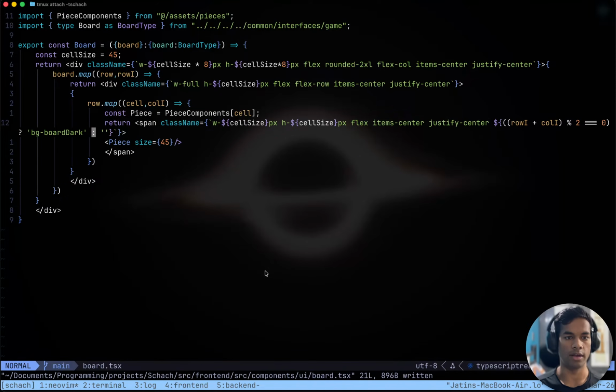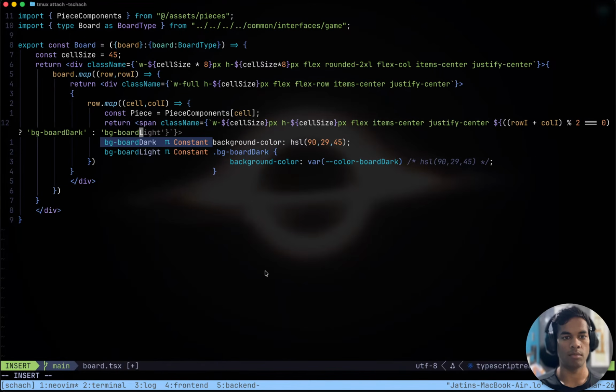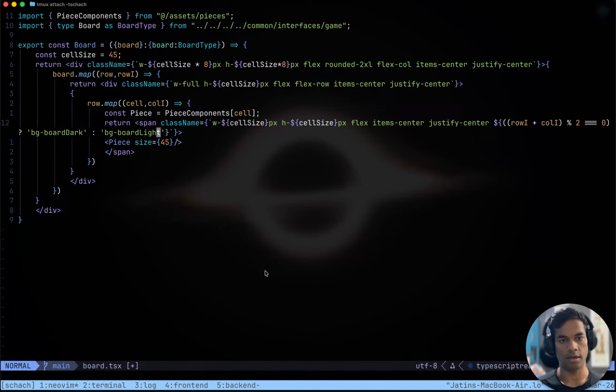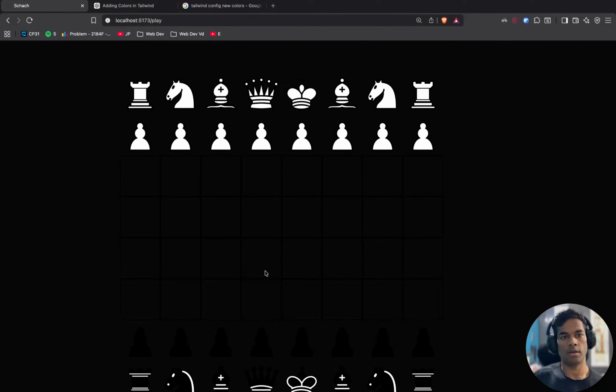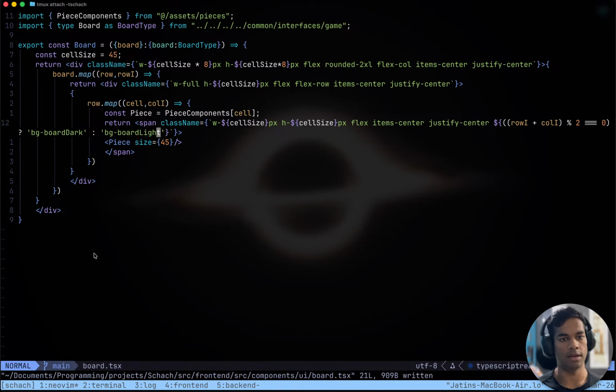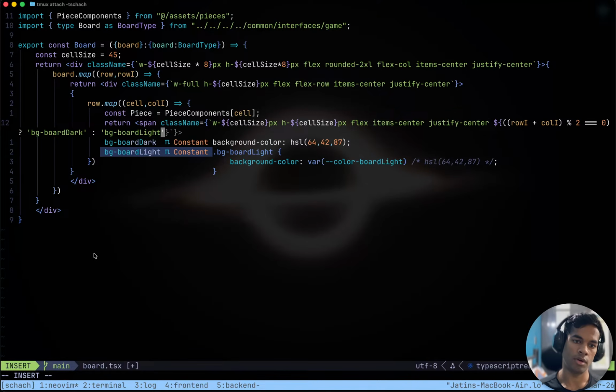Okay, board dark is there, and bg board light is also there. And no, we do not see it here, even though board dark and board light do have correct values. Why don't we see these colors? Board dark, board light.